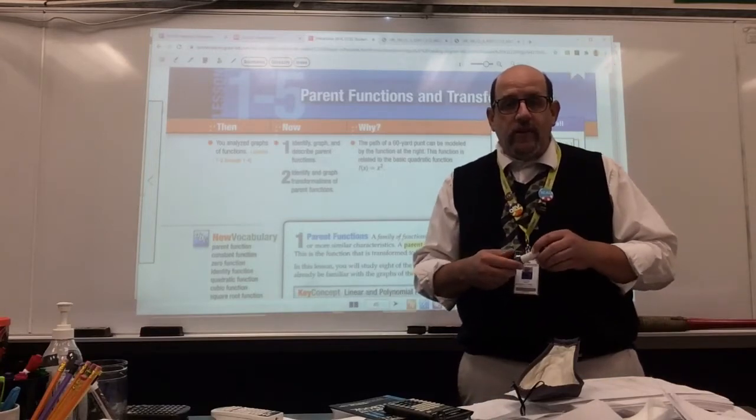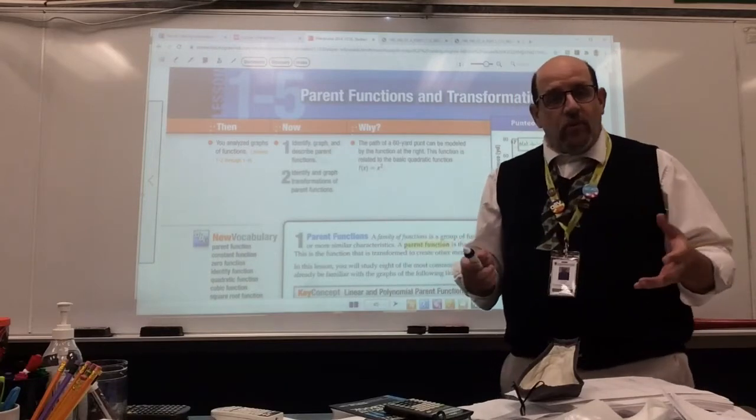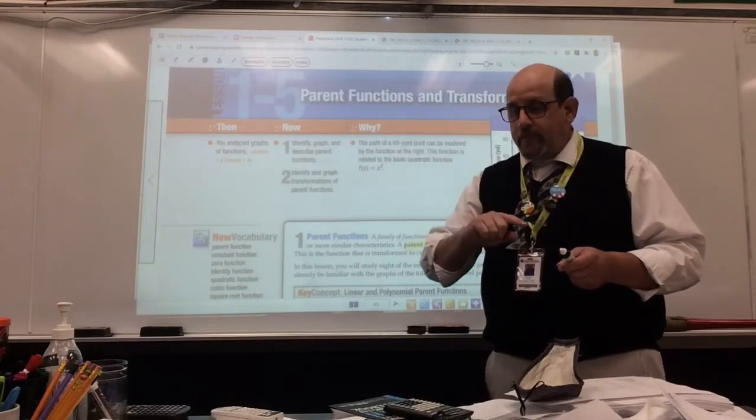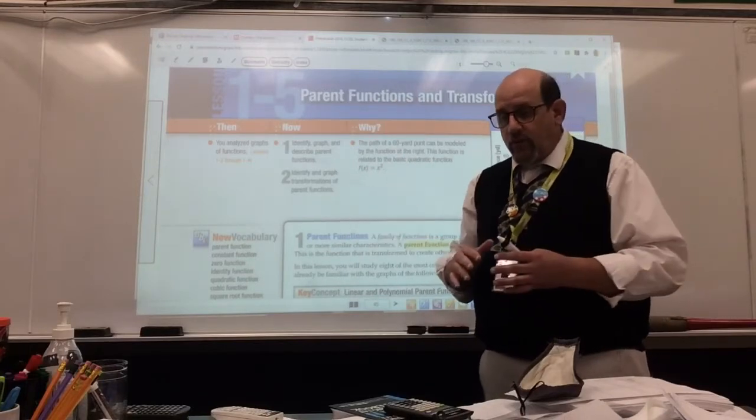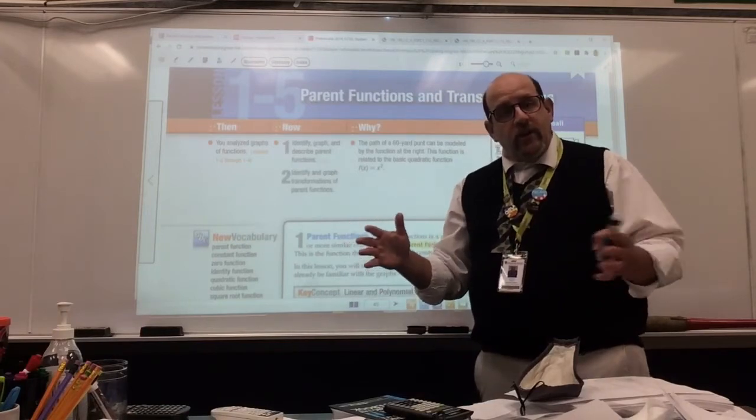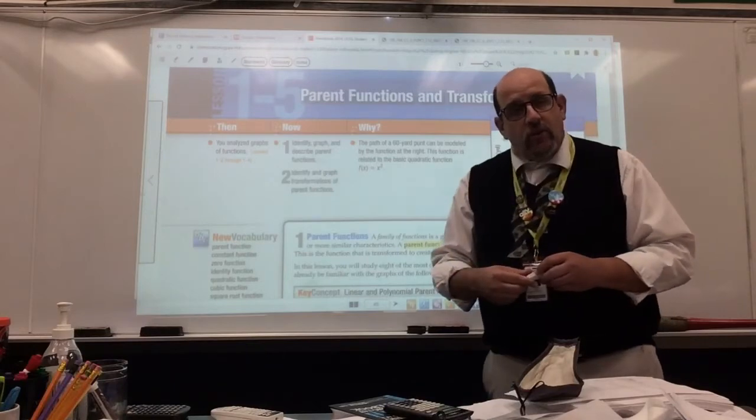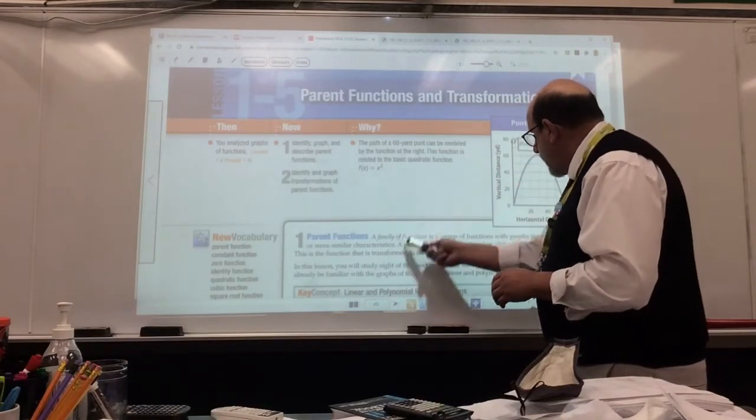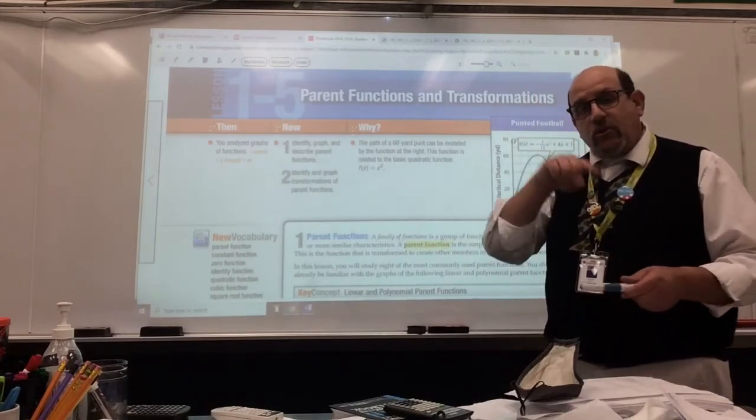The parent function is the function in its simplest form, be it a straight line that crosses through the origin and has only a slope of 1. So f of x equals x. We have that straight line, and I'm going to show you what these look like momentarily. I just wanted you to see that a parent function is that same type of function. It's got the same look to it,